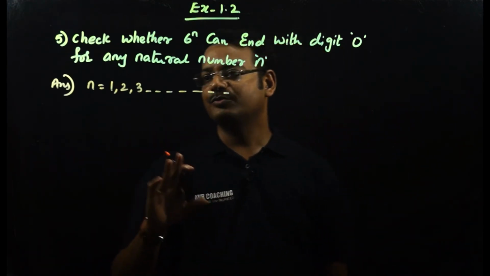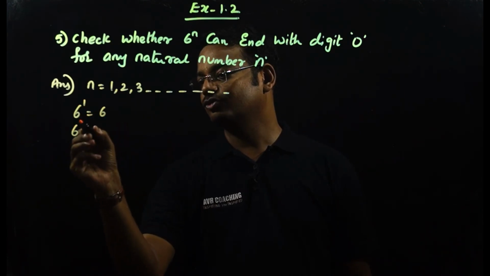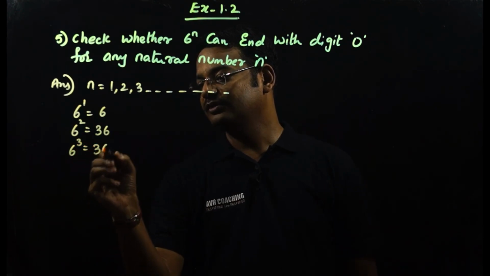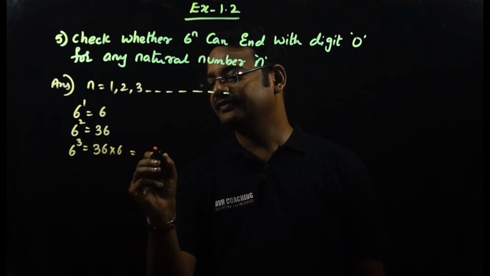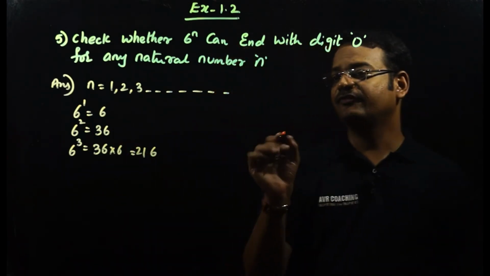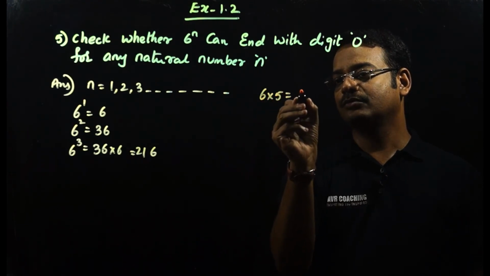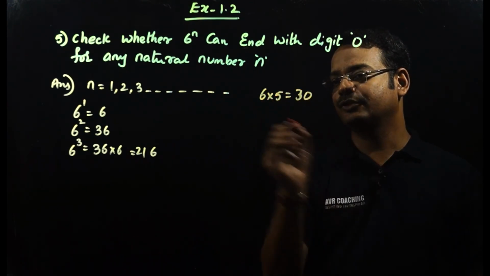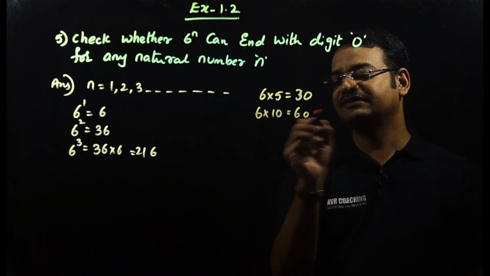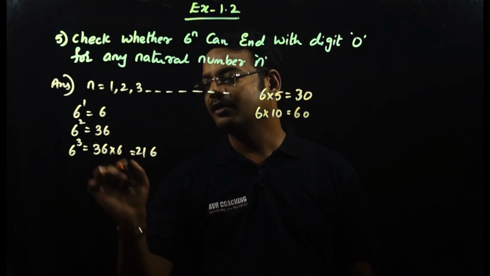Okay, so 6 to the power of n. 6 to the power of 1 is equal to 6, 6 to the power of 2 is equal to 36, 6 to the power of 3 is equal to 36 into 6, that is 216. In the 6th table, 6 multiplied by 5 is equal to 30, which ends with 0, and 6 multiplied by 10 is 60, which also ends with 0. But if we take n as a natural number, for any value of n it will end